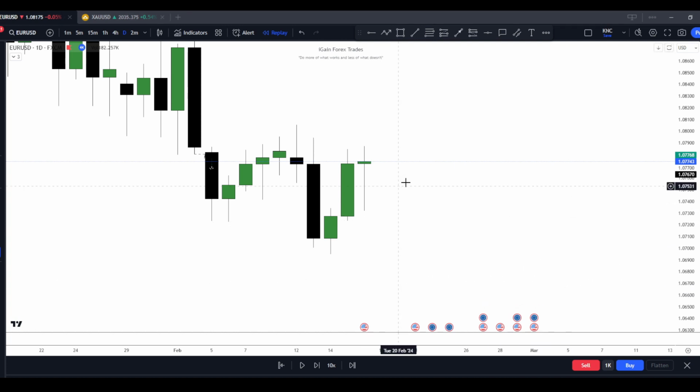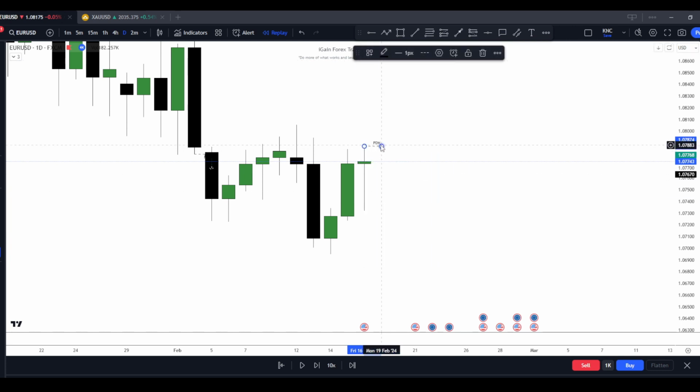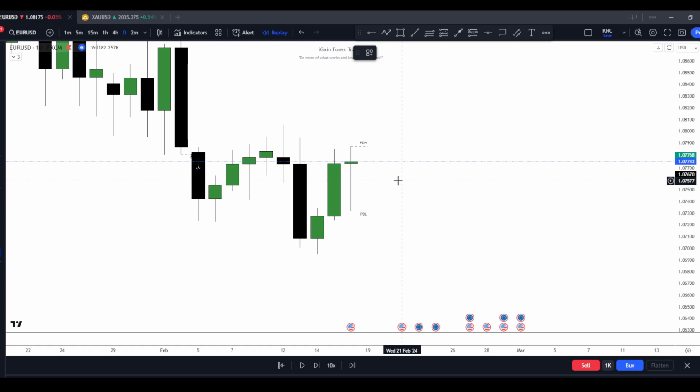So here's another example, guys. This candle, February 16, that's Friday. So first thing we do, we mark this previous day high, and then we mark this previous day low. Okay, and then our next step is we go to the 15 minutes time frame so that we could see